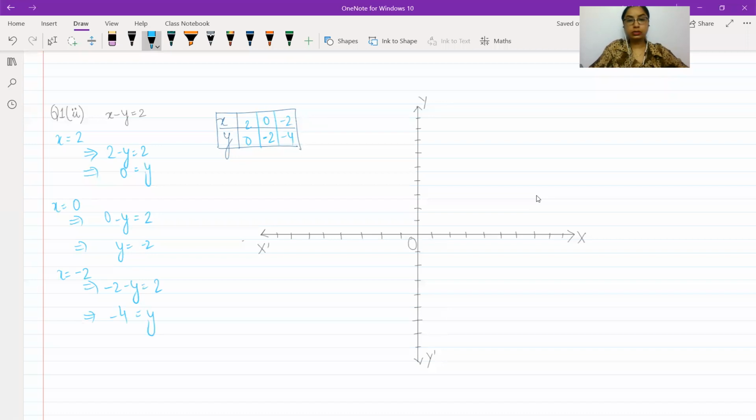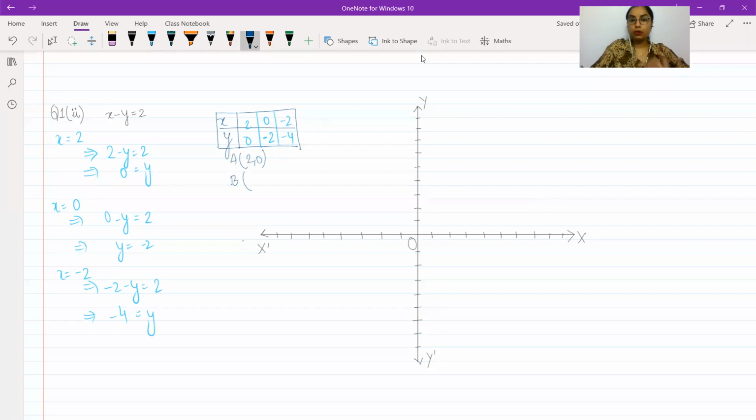These are the three solutions. I'm going to name them A, B, C. A, the first answer, can be taken as (2, 0). Be careful when you write down the points. When you write down these pairs of the solutions, the pairs of values of x and y in the form